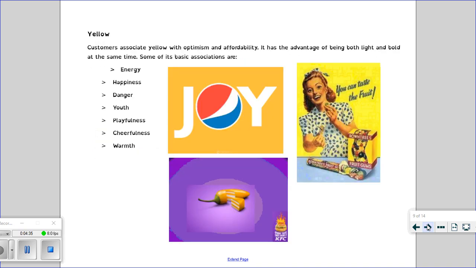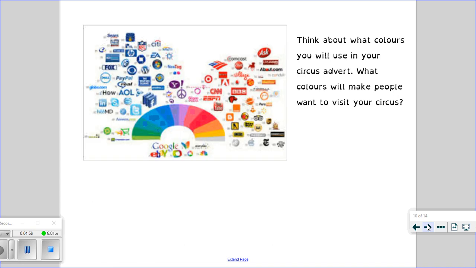And yellow also is a very sort of optimistic colour. It also is used sort of to portray affordability. It's obviously quite light and bold, so it's probably quite good to use in an advert because it stands out. Again, its associations are with energy and happiness, playfulness and cheerfulness, which again probably links in quite well with a circus. Obviously, we've not covered all the colours there, but it just gives you an idea of